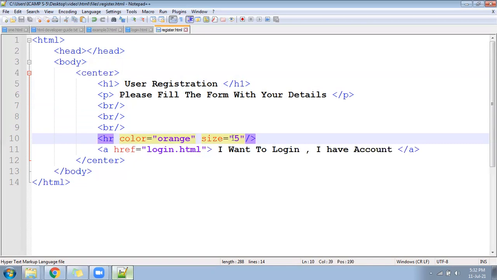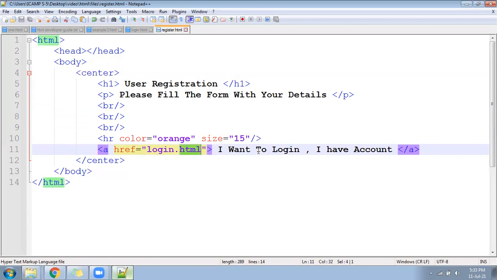It's not 5 pixels only, you can increase it. See, I made it 15. Okay, 15. Now after that, we have another hyperlink, a href equal to login.html, and we have written I want to login, I have account, and the hyperlink is closed here. So you will get a hyperlink. Now both pages will be interlinked together.